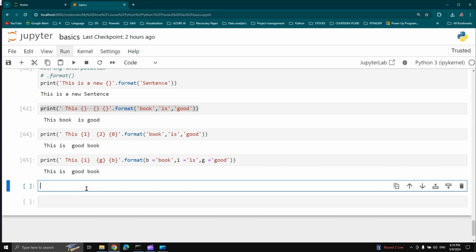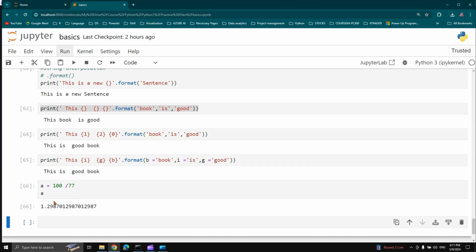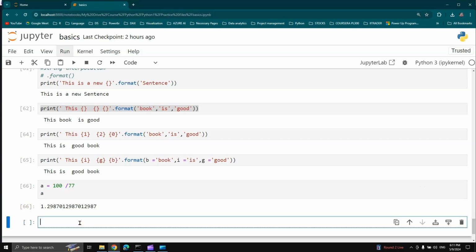Okay, let us understand a few more things. For example, if I type some value, if a is equal to 100 divided by, maybe we'll call it 77, and if we print a, you could see we have this particular decimal number. Suppose that we want to insert this decimal number into our string, what we'll do is write print